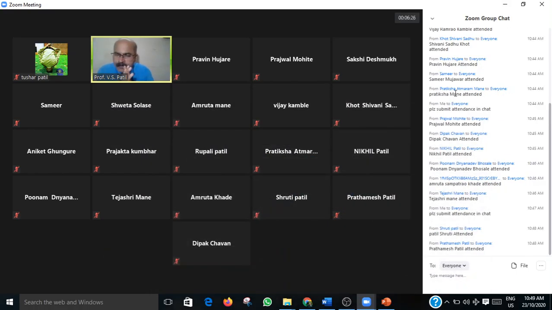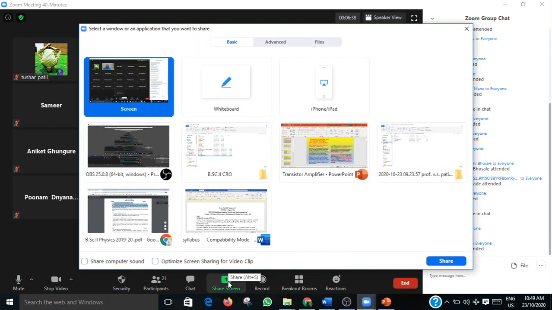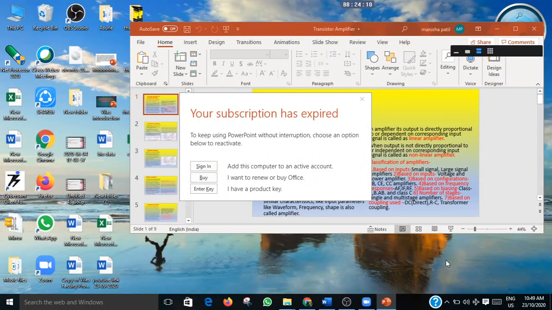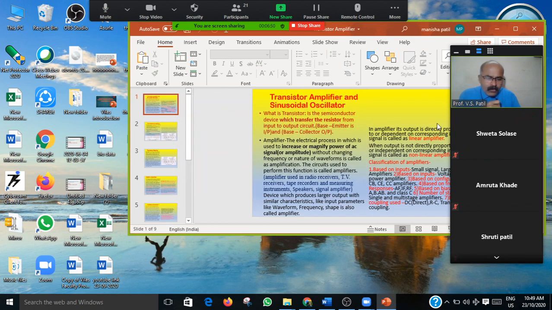See here, in last lecture, we started the second topic of the unit first of paper 12, and that topic is the transistor amplifier. In last lecture, we made the